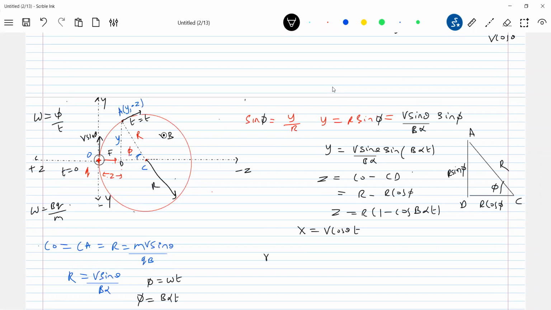So now I'll define the position vector: x i cap plus y j cap minus z k cap. I think the particle can never have a positive z coordinate, no? During its spiral path, it's going to revolve only in that region. It will have a minus z coordinate. What is the maximum possible value of the z coordinate? Minus 2r. What about the y coordinate? Plus or minus r. It can never enter into this region. It is going to revolve here only, and it will come out of the paper.